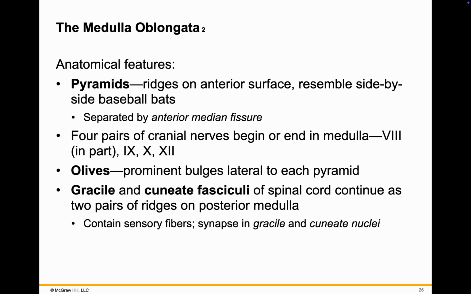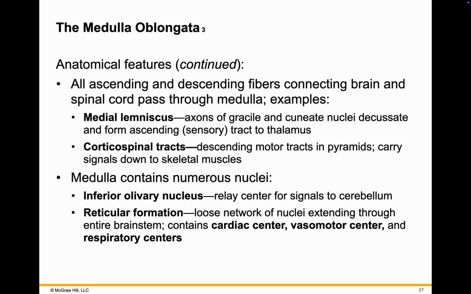There are structures called olives, which are prominent bulges lateral to each pyramid. The gracile and the cuneate fasciculi of the spinal cord continue as 2 pairs of ridges on the posterior medulla. They contain sensory fibers and synapse in the gracile and the cuneate nuclei. All the ascending and descending fibers connecting the brain and spinal cord pass through the medulla, like the medial lemniscus